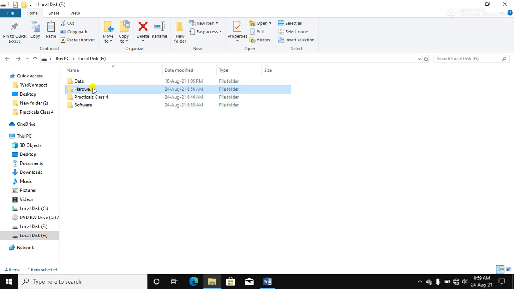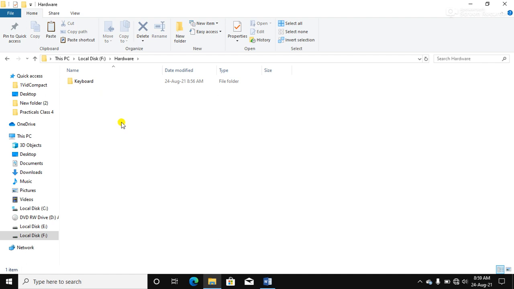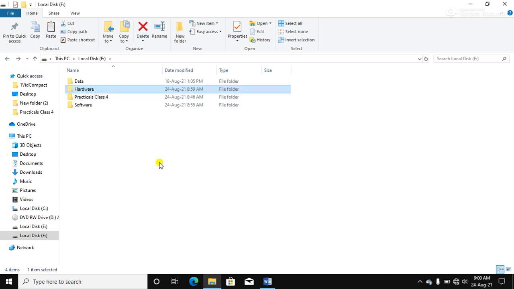So open the hardware folder and select the paste option here. See, here is the paste option by clicking on that. So click on paste option. See, the software folder copied. Okay, got it? So like that you can copy the files or a folder.